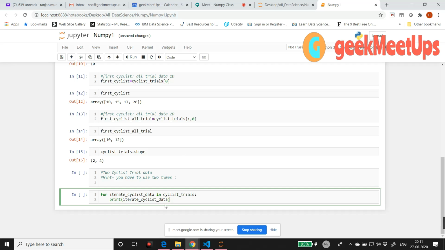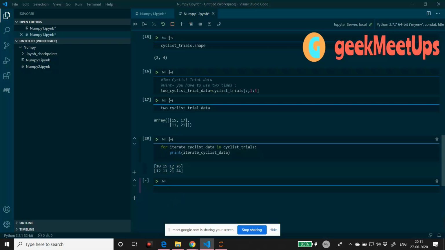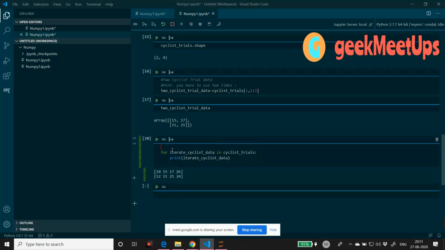Okay, in a similar way, let me write the comment here. We are doing here: iterate with for loop in entire data set.